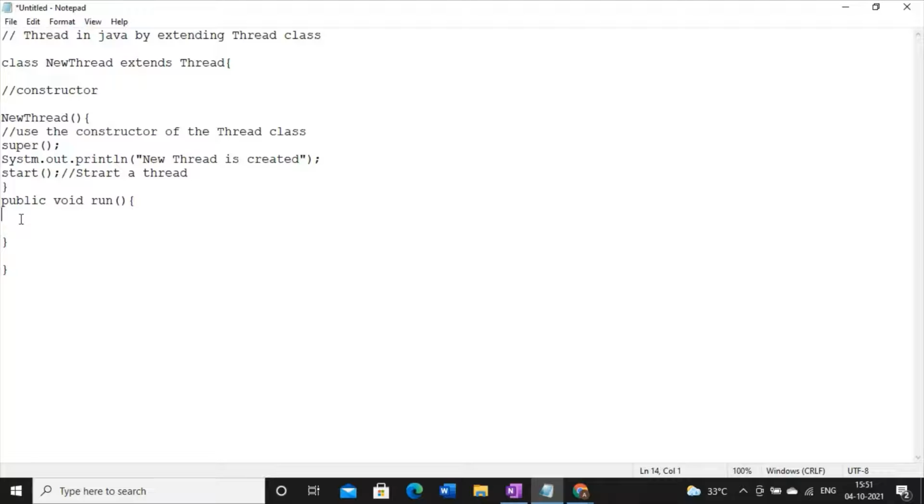Say you want to create a thread for finding any prime number within a range 1 to 100, or you want to perform some animation, whatever task you want to perform, write it over here. Say the simplest task is, I want to write one for loop. So this is the task I want to perform inside the thread, and inside the for loop I will just print the value of I, meaning I want to print the value of I 10 number of times.